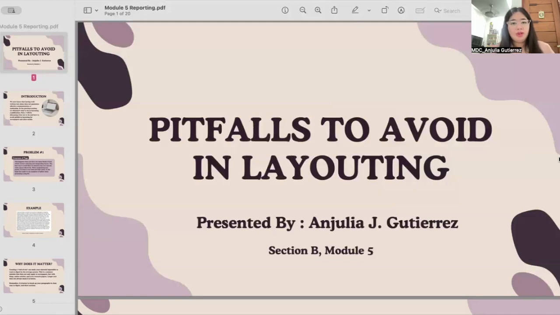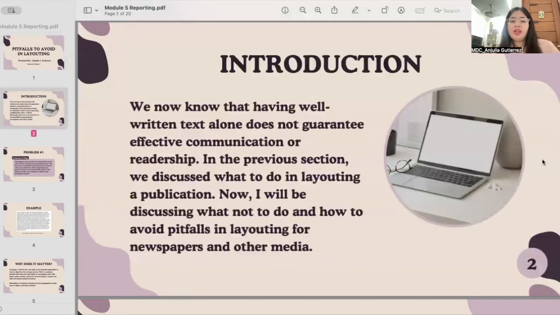But first, let me give you a bit of an introduction. We now know that having well-written text alone doesn't guarantee effective communication or understanding among readers. In the previous section, we discussed what to do in layouting a publication. We now know the do's, and now we're going to discuss the don'ts. So now I'll be discussing what not to do and how to avoid pitfalls in layouting for newspapers and other